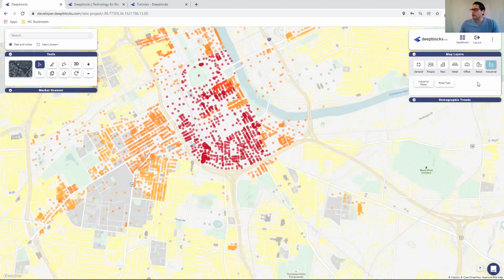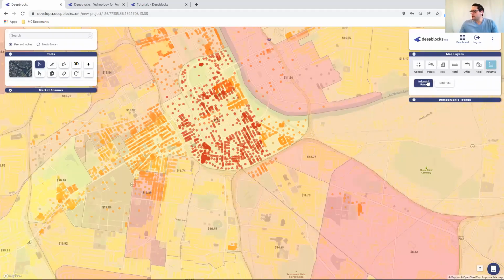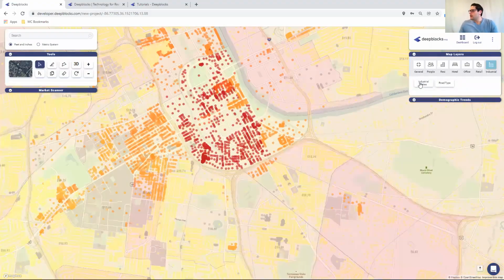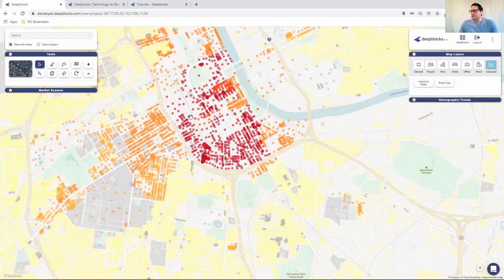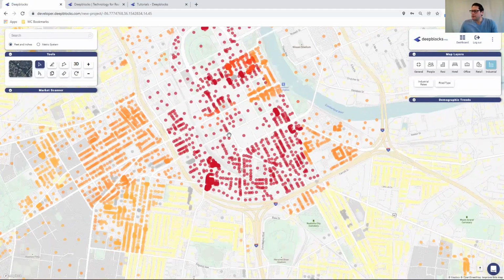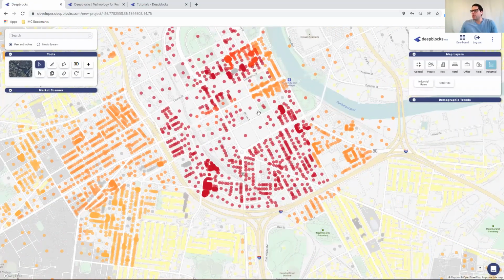A lot of logistical and distribution centers going up, supply chain type centers going up. So this is very beneficial to understand. And right now we're seeing industrial rates at $18.70 a square foot. So that just gives you a good idea of some of the rates that we're seeing. Again, Nashville's a nice up and coming market that we're also noticing some growth. So we're going to continue to zoom in more and more. Now we're going to get into that parcel level